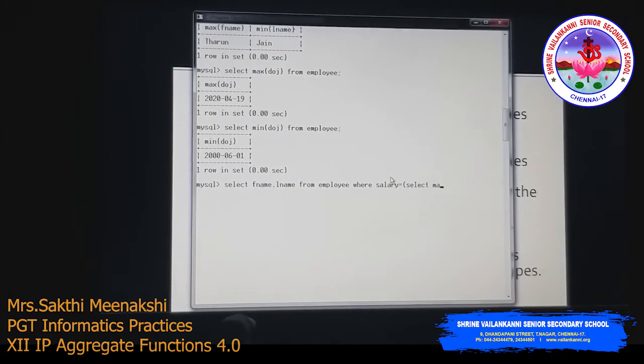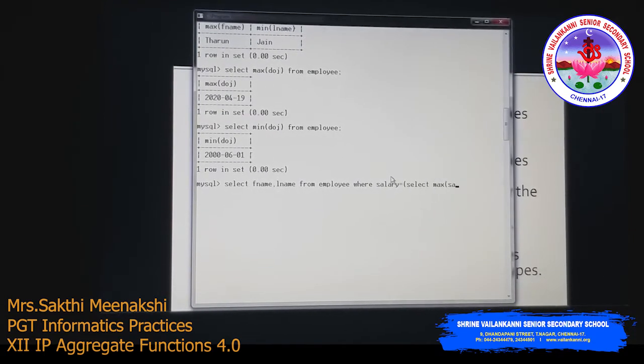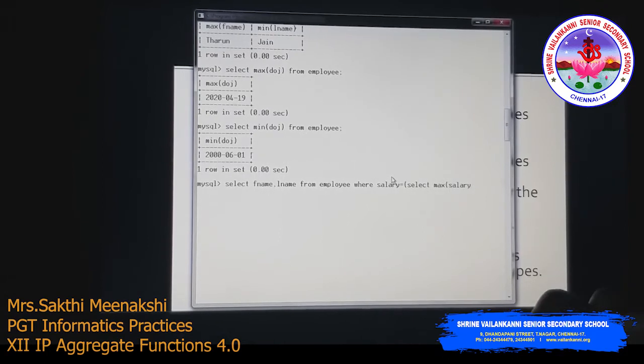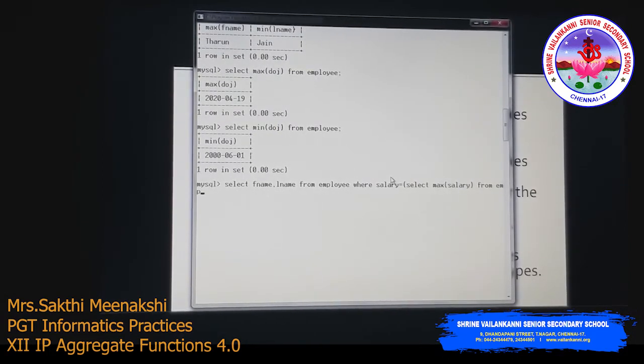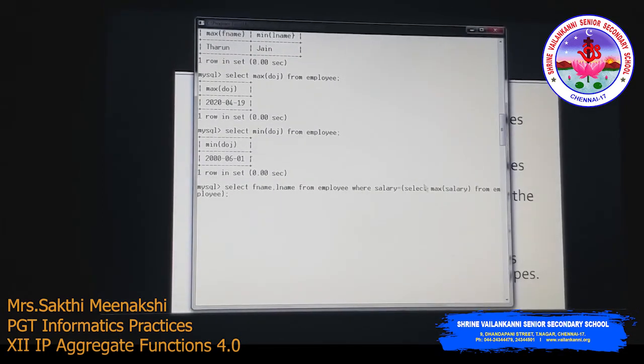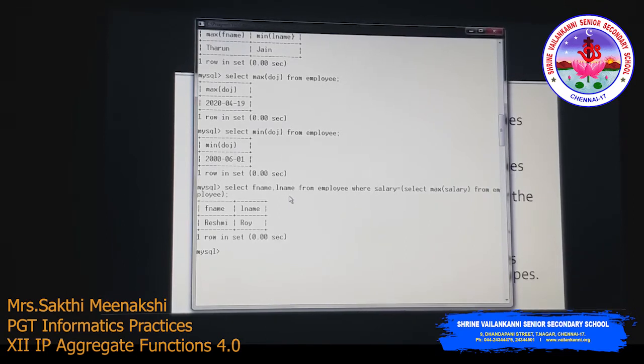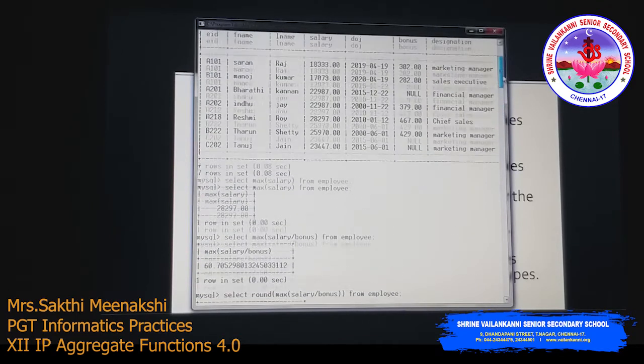Select max of salary from employee. So this is called nested query. First, select max of salary will be run. That salary will be checked against this salary. That particular person's F name and then L name will be retrieved. Reshmi Roy is getting the maximum salary here.